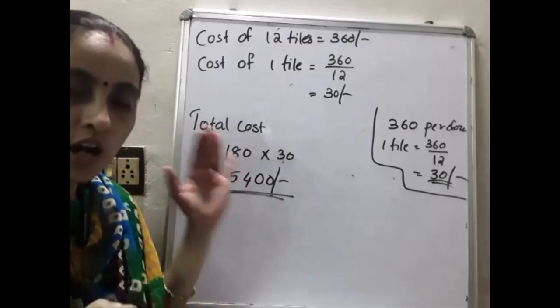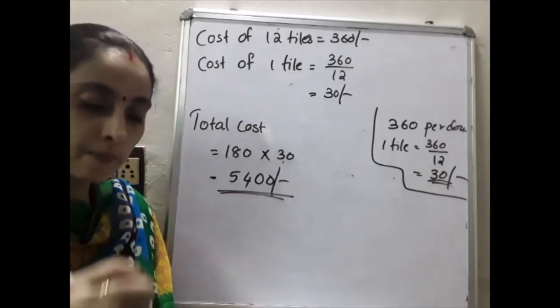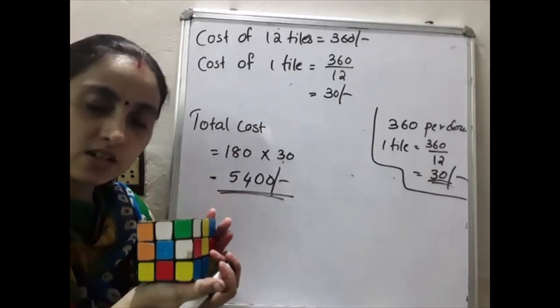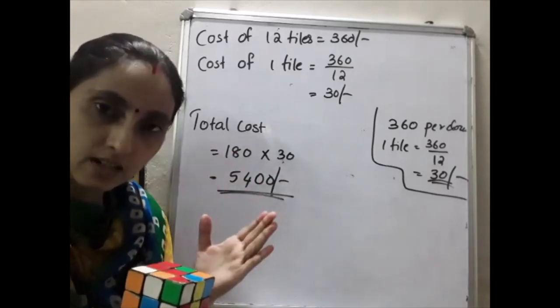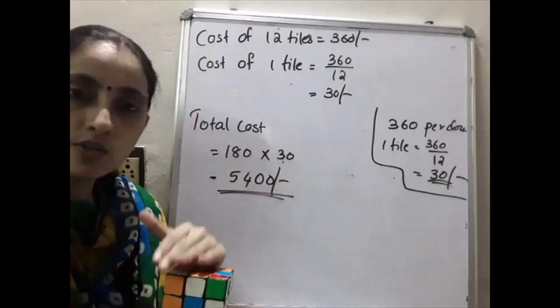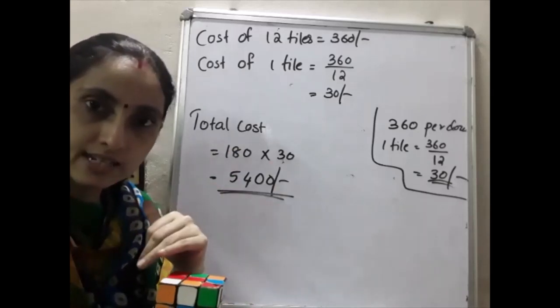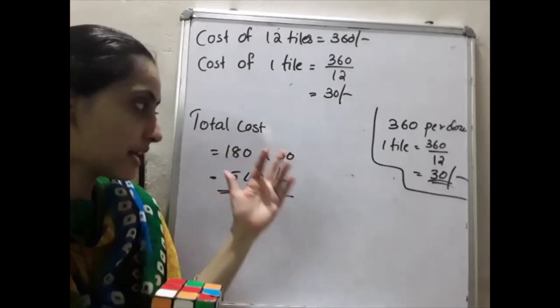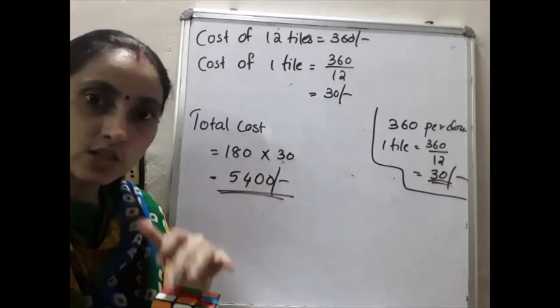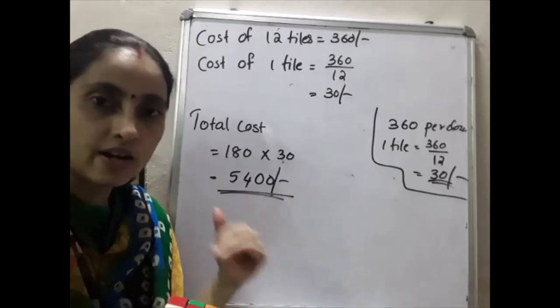First you have to find the number of tiles required. How will you find the number of tiles required? Just think about the base. The base will not be tiled. Covering also we have to tile. So the other 5 sides are there. So 5a square is the surface area, and the tile is of square shape, so the area of the square is a square, that is a into a, 25 into 25.